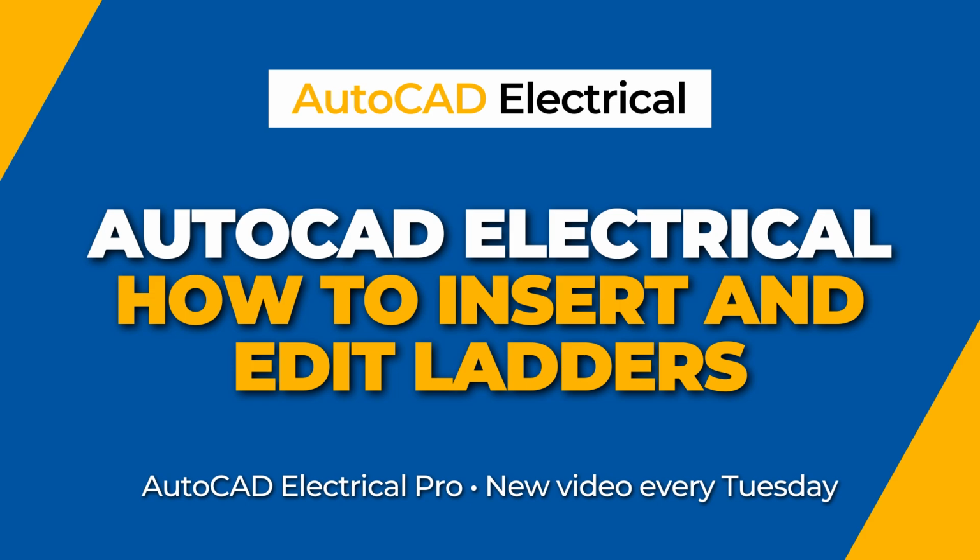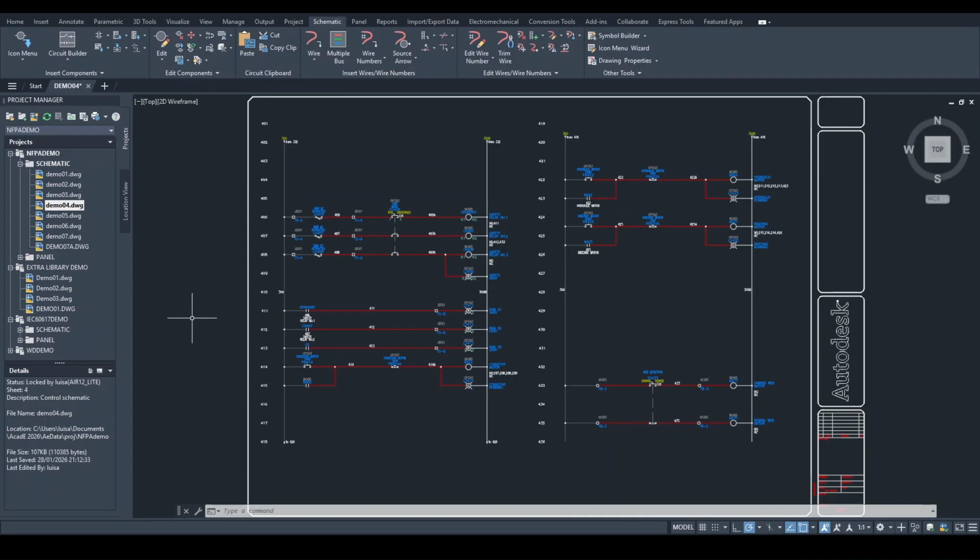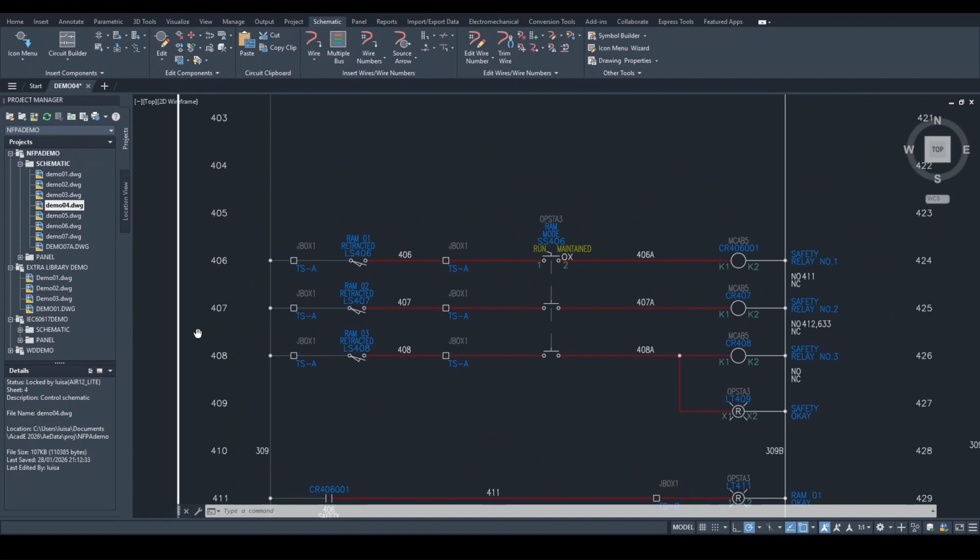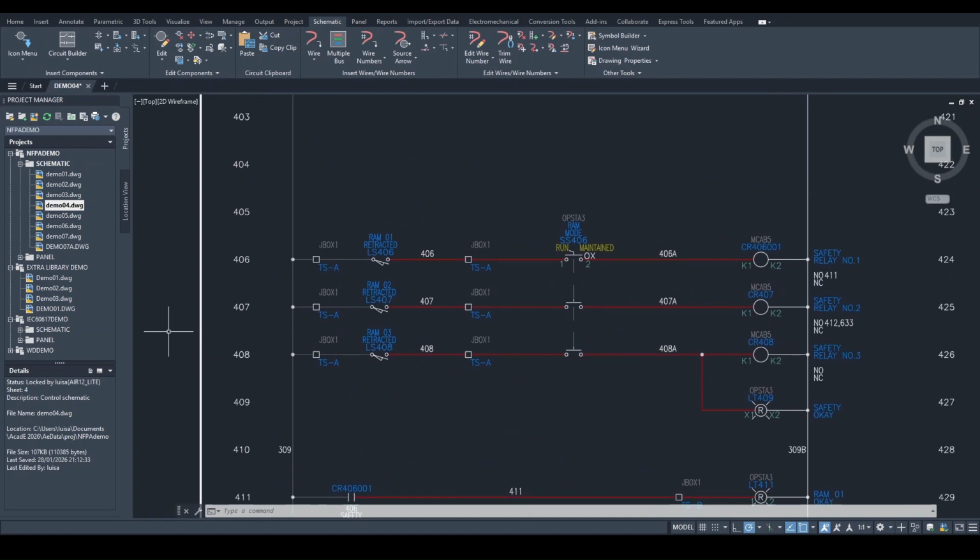In AutoCAD Electrical, a ladder is the structural framework of your schematic. It's made of two vertical rails with horizontal rungs, and each rung has a unique reference number. AutoCAD Electrical uses this ladder to automate wire numbers, component tags, and cross-references. So before you place any components or wires, you start by inserting a ladder to give your drawing a clean,